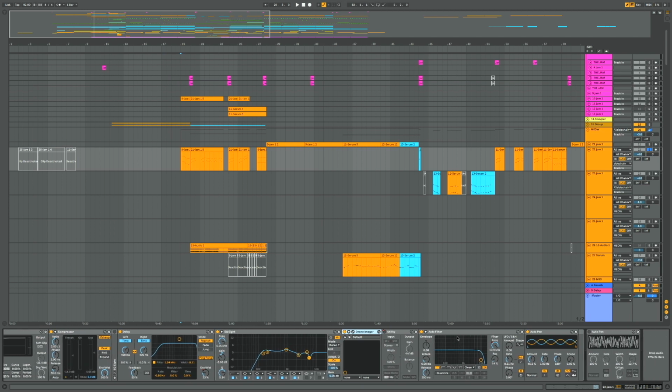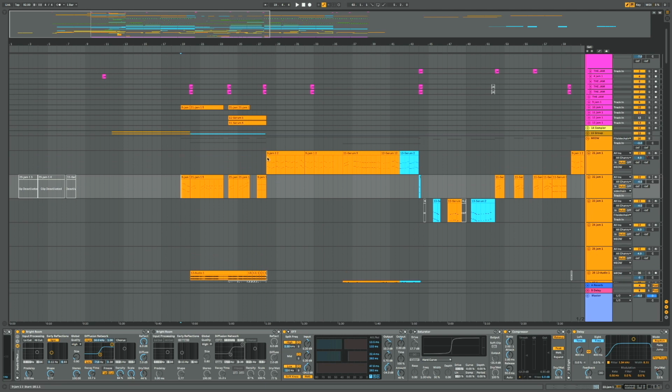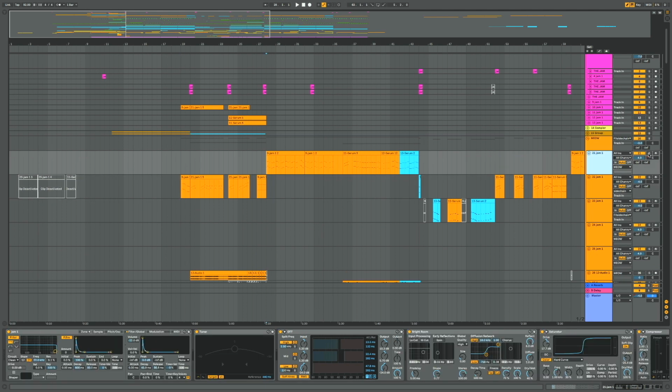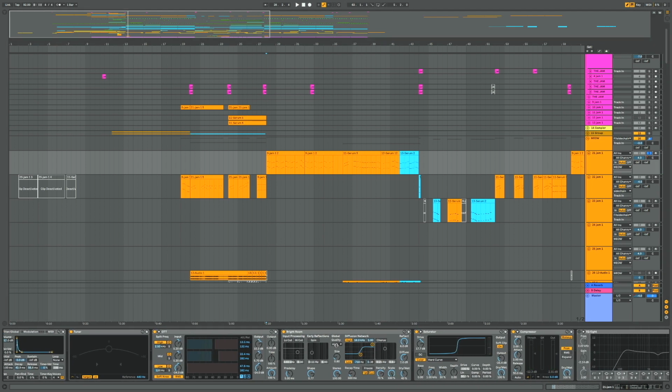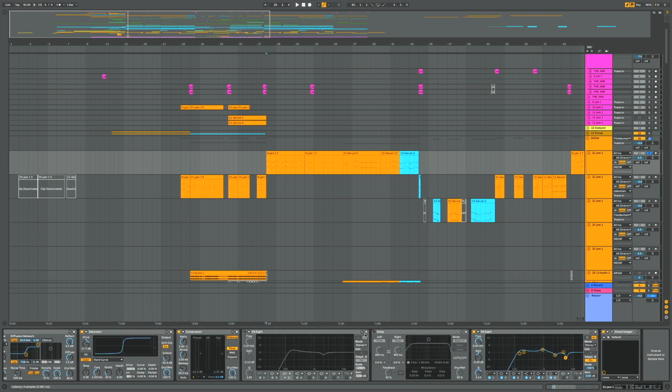Filter for some automation and some auto pan, so it sounds a bit more stereo. So yeah, it sounds like this then. A bit dreamy sounding. I like it. So going into the drop, it's basically the same lead, but less dreamy, with a lot less reverb, more saturation, and I think I also added